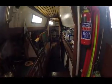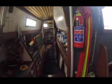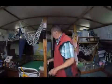And we've got one more fire extinguisher in the aft cabin, which is down through that door and to your right in the aft cabin. That's where the fire extinguishers are. So let's go back. Put the old GoPro here. So next thing,